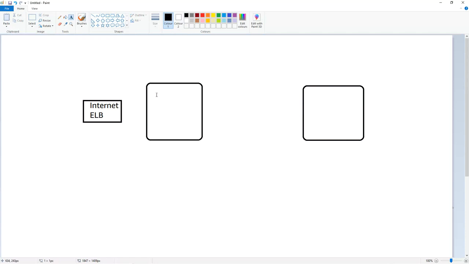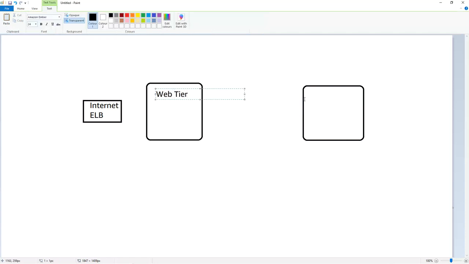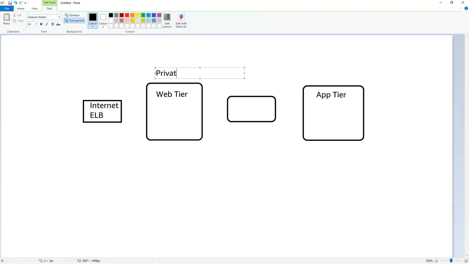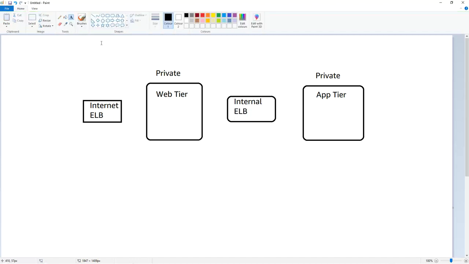Maybe let's say this is my web tier, and that web tier may be talking to an app tier at the backend, and in between this web and app also I want to deploy a load balancer, and probably the load balancer which will be here would only be talking from a private subnet to a private subnet. It won't require any external connectivity. So that type of load balancer we will call an internal load balancer. So you decide how you want to use it.